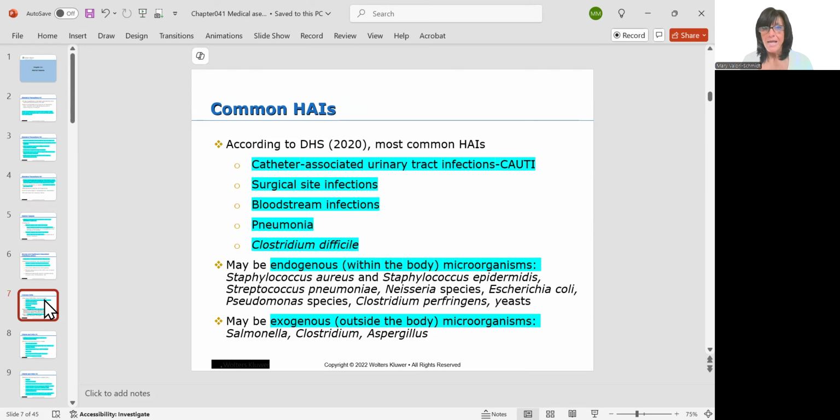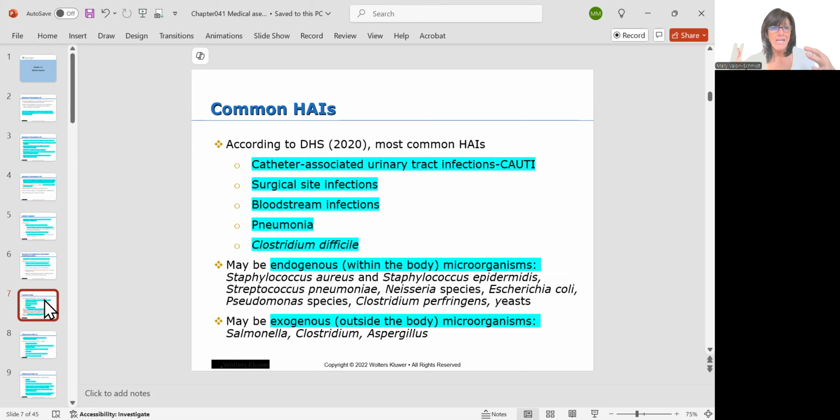So what are the most common healthcare acquired infections? As of 2020, CAUTI, catheter associated urinary tract infections. Somebody who came in, we put an indwelling urinary catheter in them, and they got a UTI. Surgical site infections, self-explanatory. Bloodstream infections. Again, any infection that goes into the bloodstream could be because of an IV. Okay. Pneumonia. Pneumonia is a huge complication for patients that go into the hospital if they're not deep breathing and coughing the way they should postoperatively, and for lots of other reasons. Like I said, back with the PPE not being used correctly, etc.